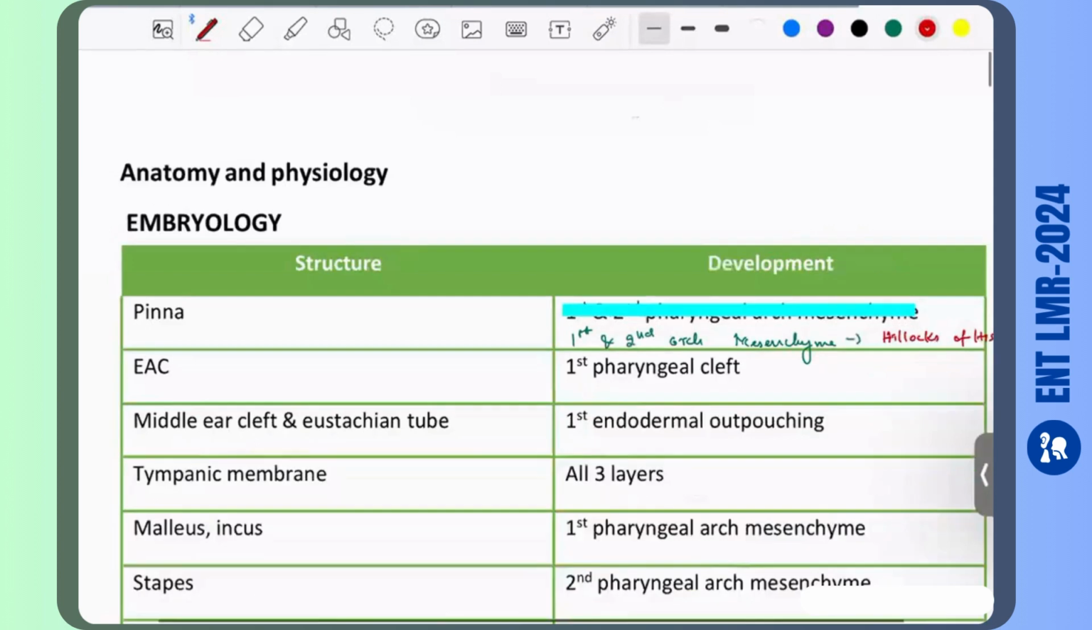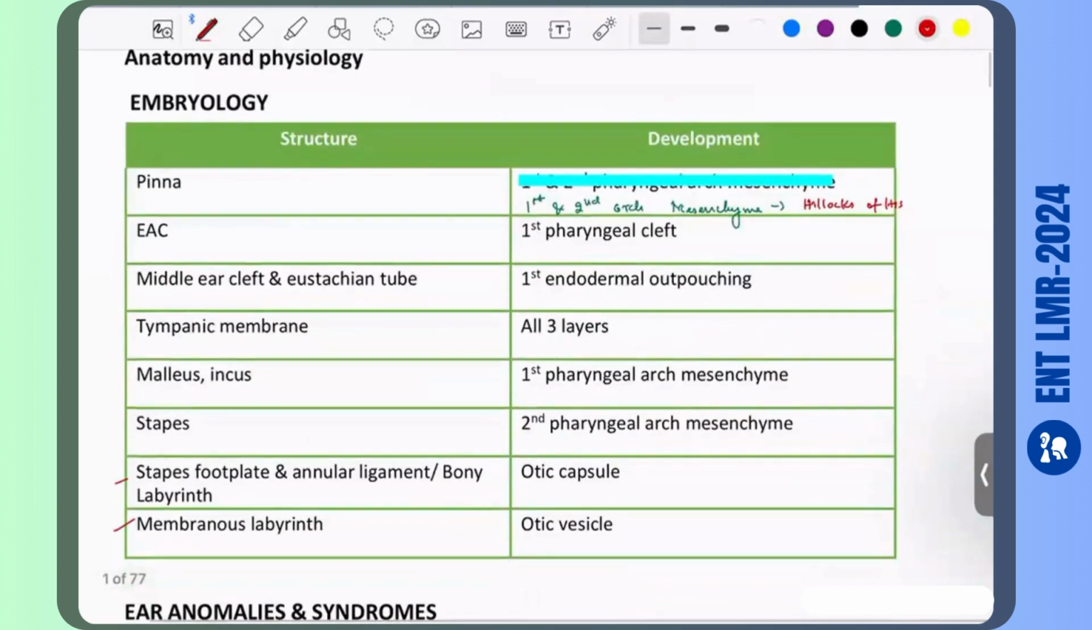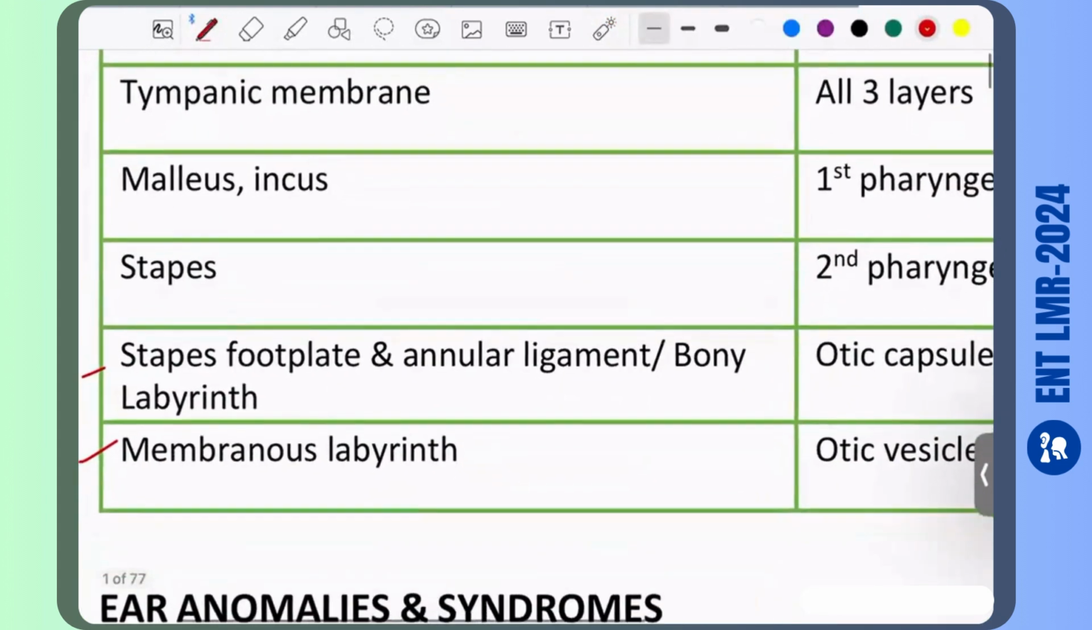Pinna develops from hillocks of the first and second arch mesenchyme. External auditory canal develops from first pharyngeal cleft. Middle ear cleft initiation forms from first endodermal outpouching. Tympanic membrane forms from all 3 layers. Malleus and incus together with tensor tympani muscle